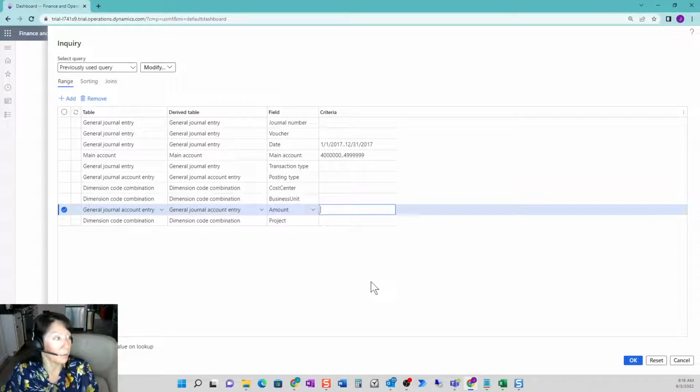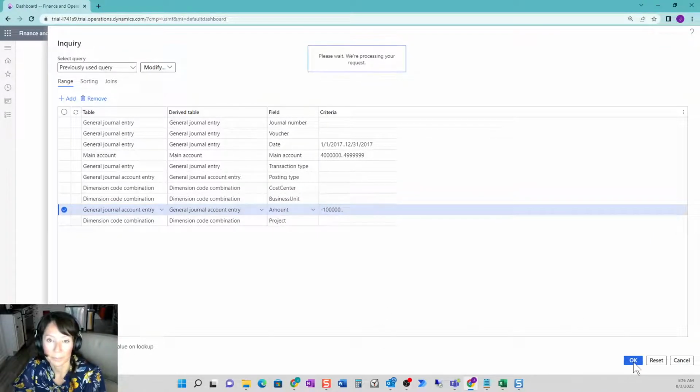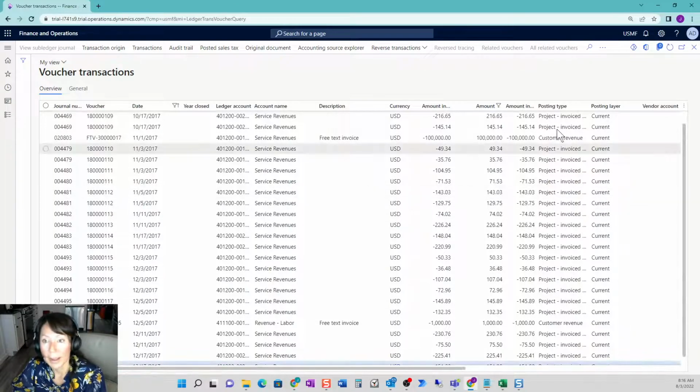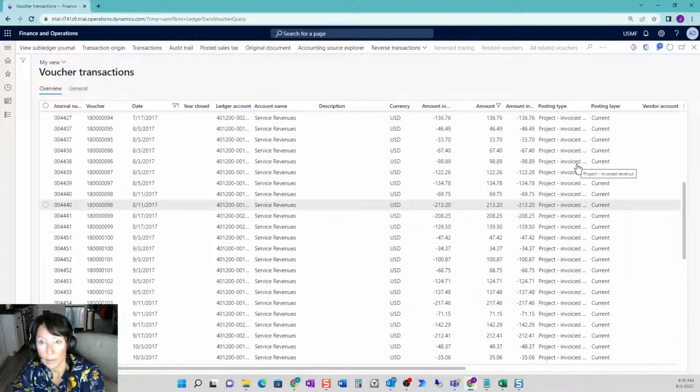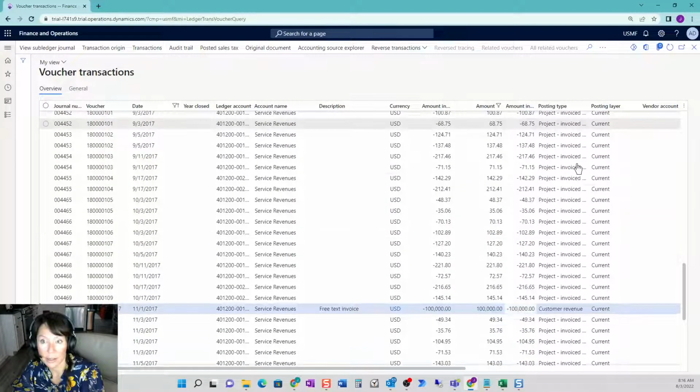So if you want to do less than or equal to $100,000, revenue is a credit balance, then we would want to do dot dot after. So we're saying give me everything less than or equal to a credit of $100,000. Oh, missed a dot. And then we're going to select OK. And now you can see this 100,000 did pull in, and these are balances,